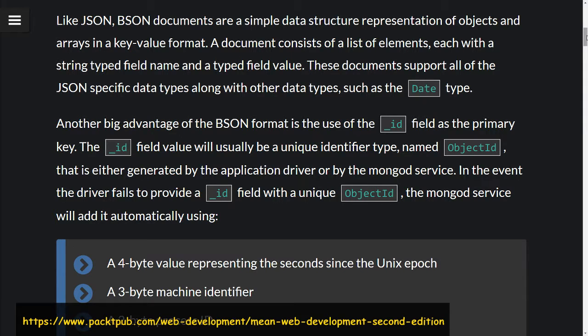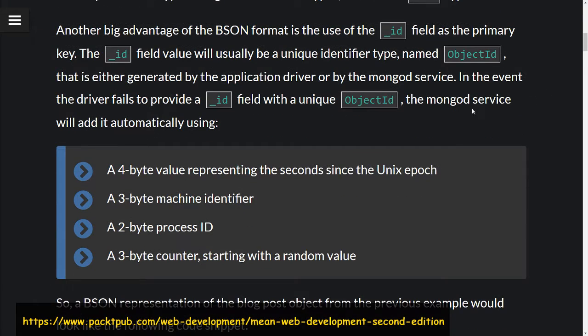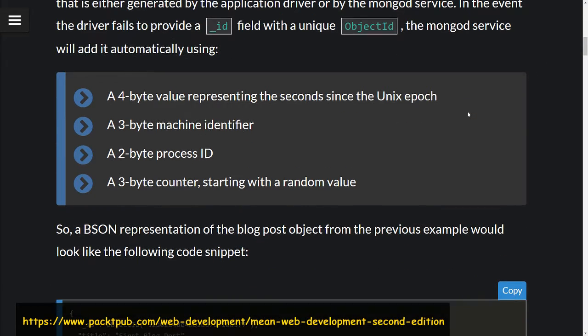Another big advantage of the BSON format is the use of the ID field as the primary key. The ID field will usually be a unique identifier type named object ID that is either generated by the application driver or by the MongoD service. In the event the driver fails to provide an ID field with a unique object ID, the MongoD service will add it automatically. Okay, and this is where I kind of stopped and decided it was time to start recording